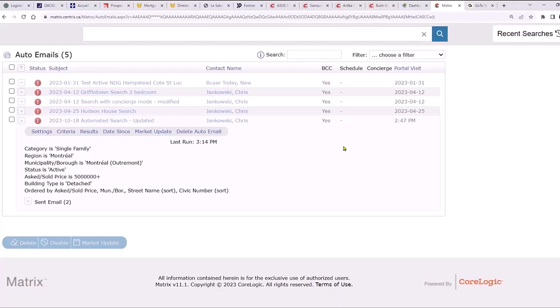So, any questions? We went through setting up the criteria, the different settings of the automated emails, the dashboard or the modifications to the automated email search criteria as well, and settings, and the client portal, the interaction between client and broker in various ways.